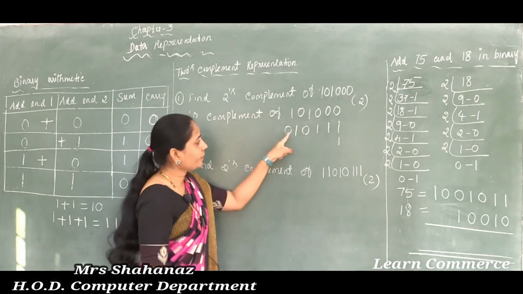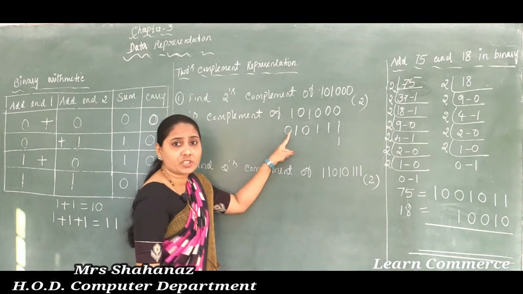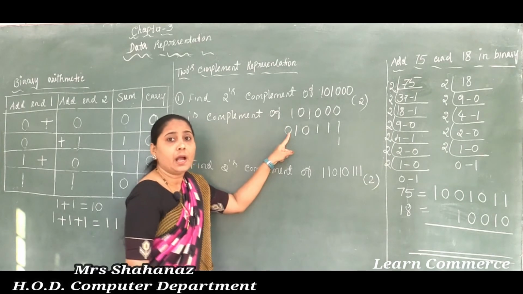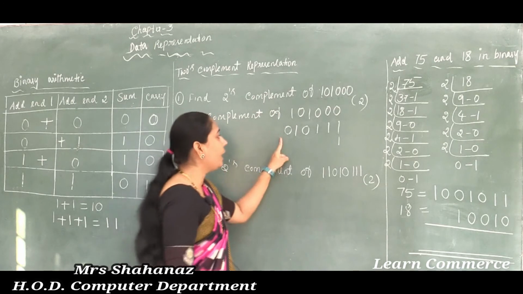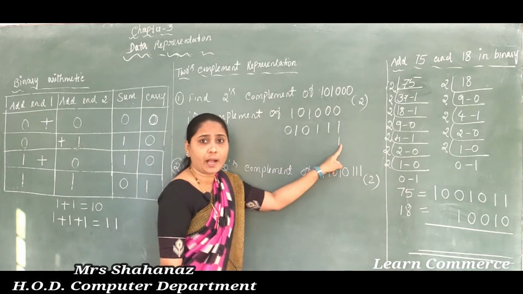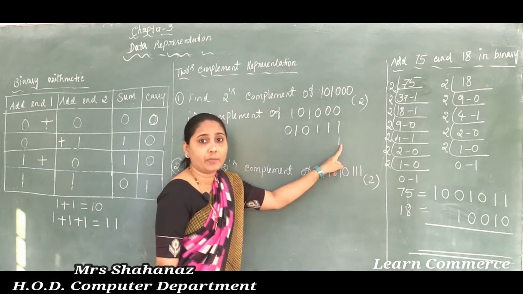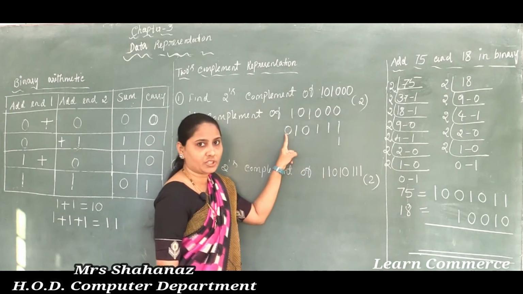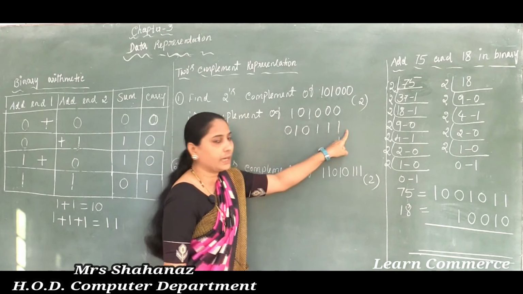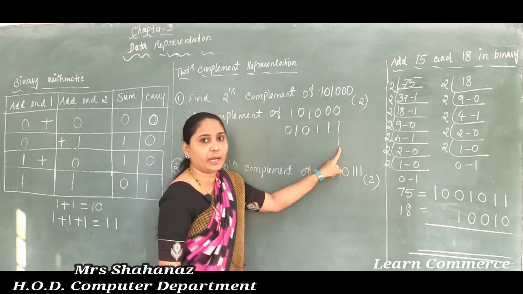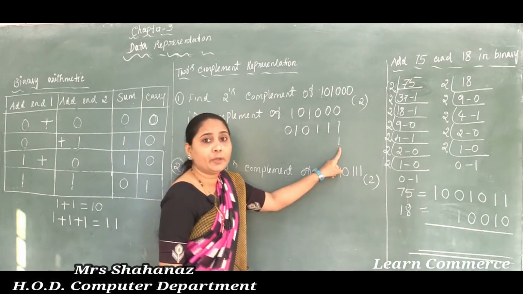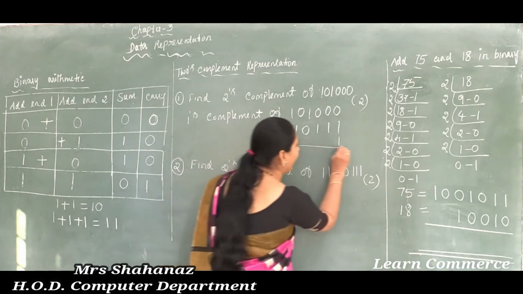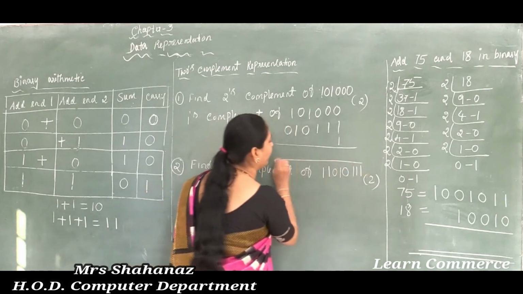Clear this one? This one is called the most significant bit, MSB. But where we need to add the 1 here, that means in our least significant bit position. So this side is called the most significant bit position, and the right side is called the least significant bit position. So we need to write the 1 in our least significant bit position, and later after that we need to complete it properly.